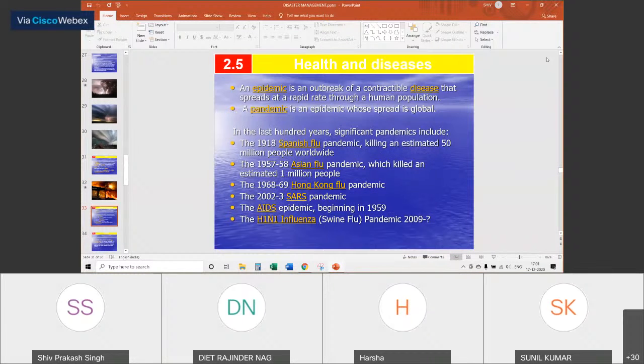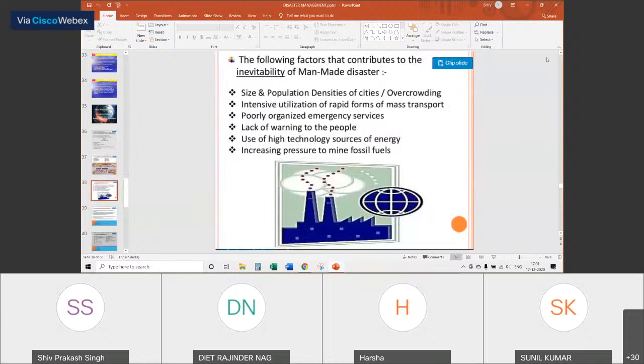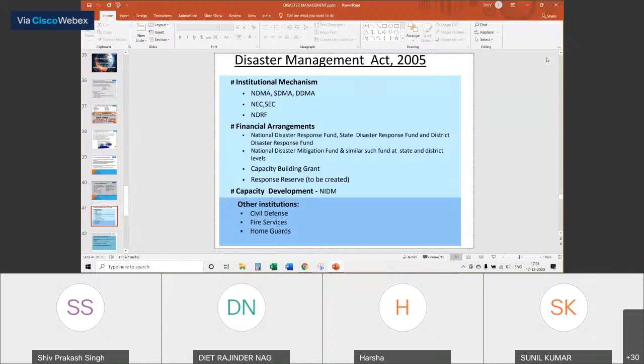एनडीएमए एक्ट, नेशनल डिजास्टर मैनेजमेंट एक्ट के अनुसार नेशनल डिजास्टर मैनेजमेंट अथॉरिटी बनाई गई। उस अथॉरिटी के पैरेलल स्टेट डिजास्टर मैनेजमेंट अथॉरिटी बनाई गई। डिस्ट्रिक्ट में डीडीएमए बनाया गया। एनडीएमए के अंतर्गत नेशनल लेवल पे इसका हेड प्राइम मिनिस्टर को बनाया गया। प्रधानमंत्री की अध्यक्षता में यह अथॉरिटी काम करती है।